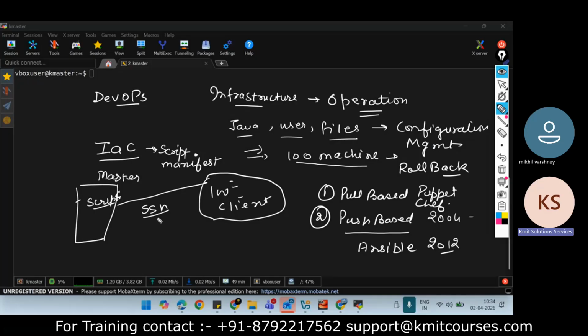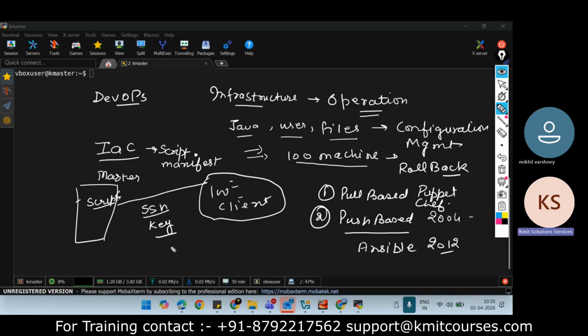Secure Shell, which is one of the secure ways to connect with Linux machines. For example, if you want to connect to a machine through MobaXterm, we are connecting through SSH only, on port number 22. So they are in the network and they connect with the SSH key.